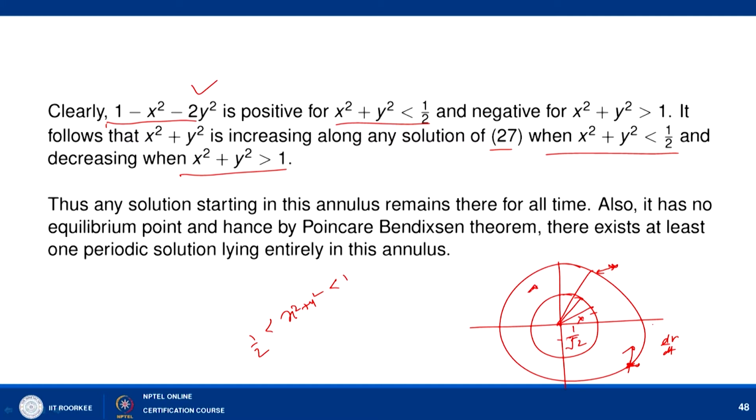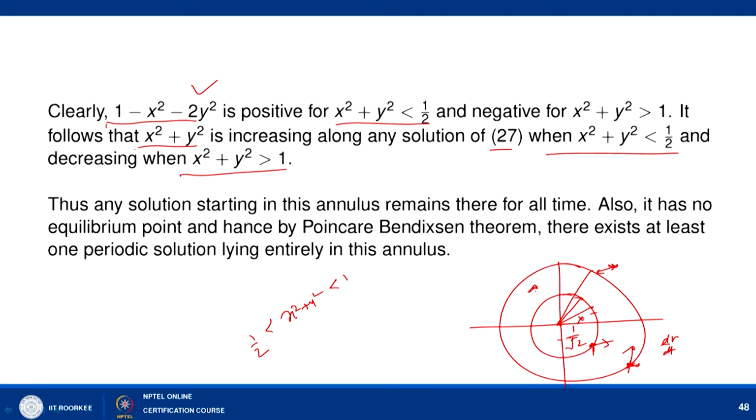and it will be forced back to inside the circle here. Now there is another possibility that it will try to cross this inner circle and move into the region there, but as soon as it is trying to cross this inner circle, then on this boundary x square plus y square is less than 1 by 2 and hence the radius will be increasing. So, when x square plus y square is less than 1 by 2, then x square plus y square is increasing. It means that the radius will try to increase and it will be forced back inside the annulus region.